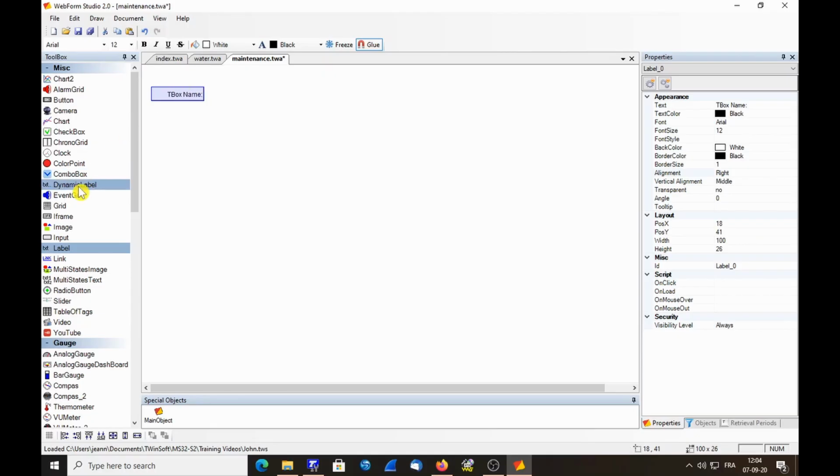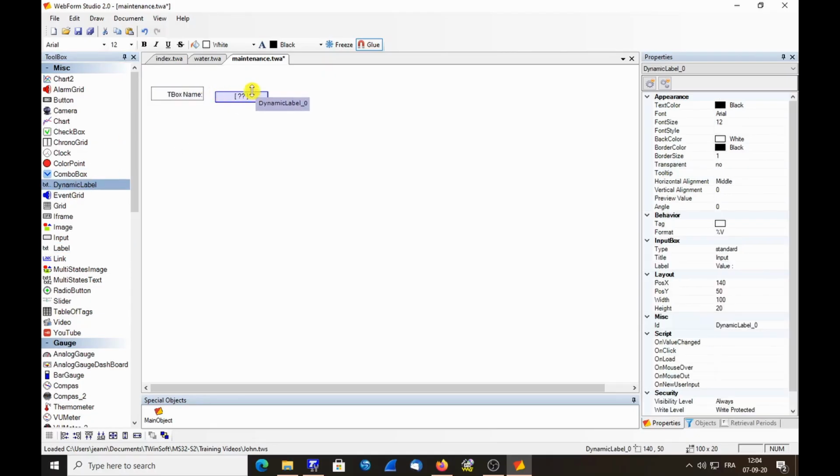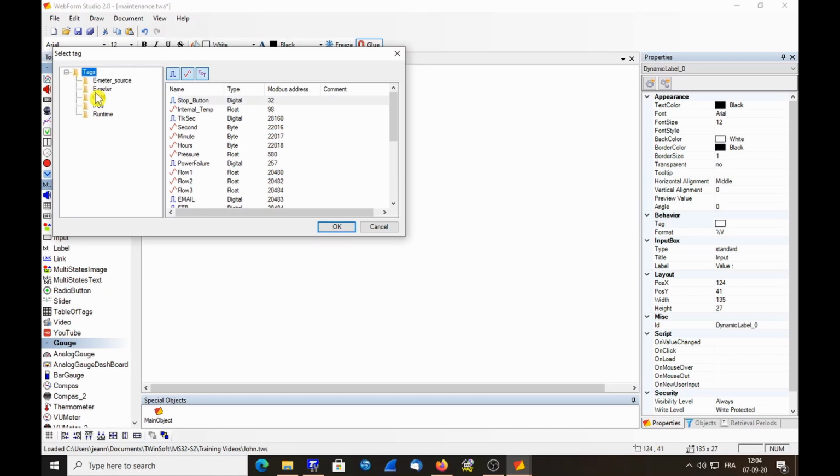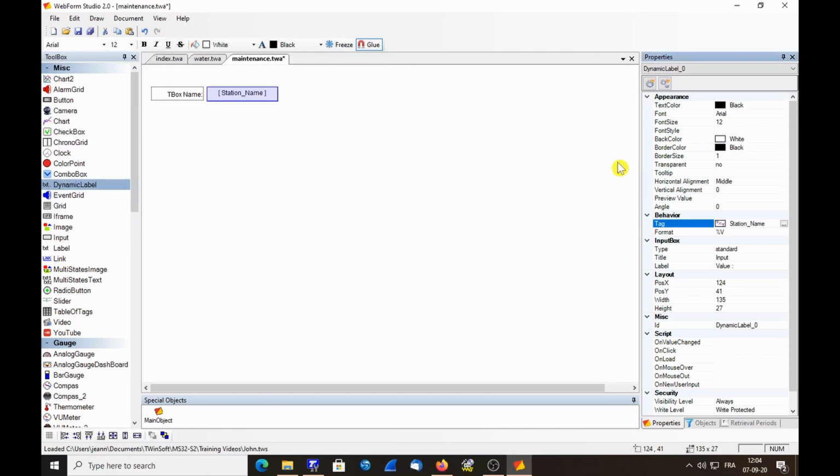Then I put a dynamic label which corresponds to the property I want to change. I will select the tag corresponding to the tbox name, and it is the tag RTU time station name. I will change this to red,